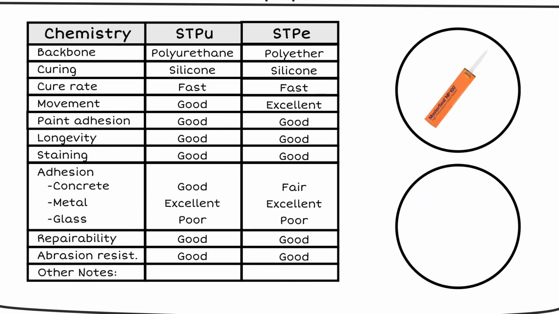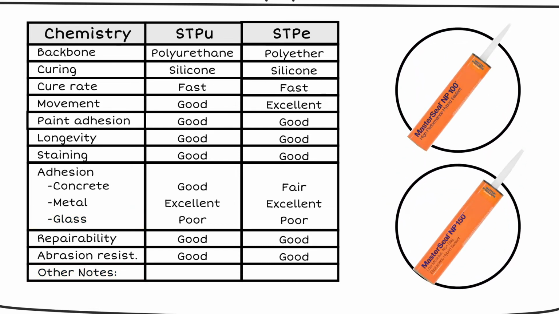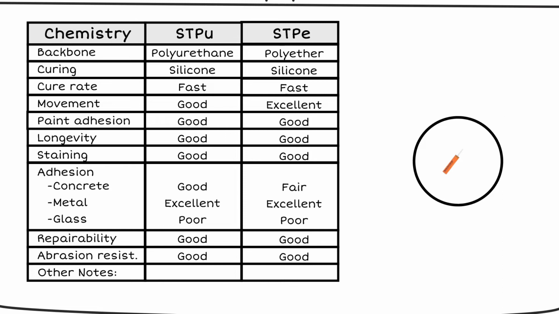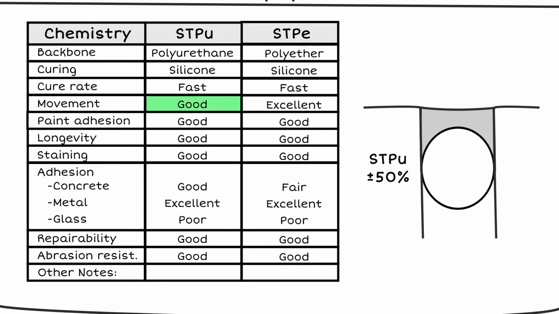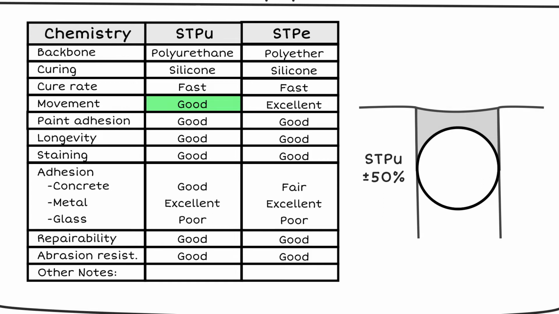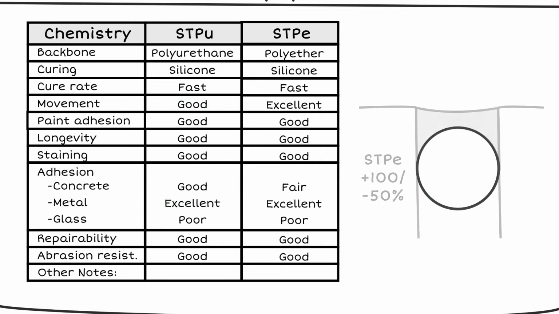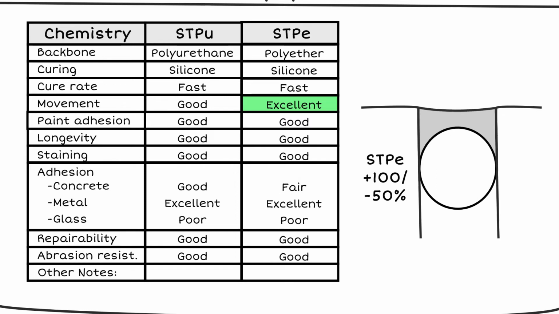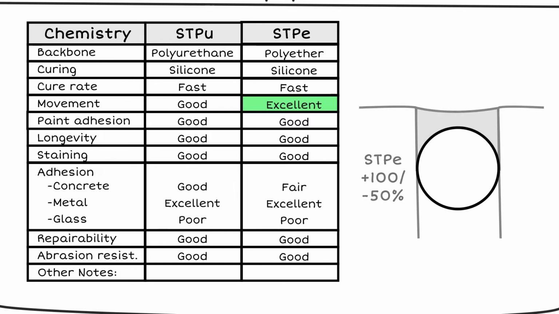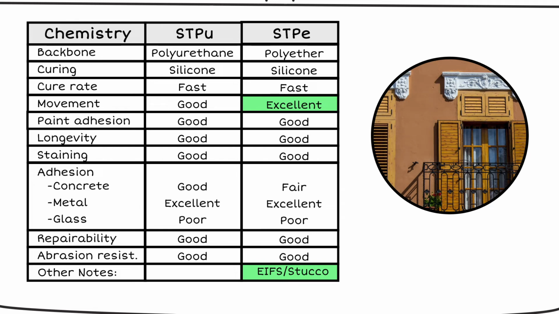While similar in most areas, there are some notable performance differences between STPU and STPE sealants. STPU sealants have an excellent movement capability of plus or minus 50%. Adhesion to concrete is good, but where they really outperform alternatives is in adhesion to metal, exhibiting a tenacious bond to Kynar. STPE sealants have a movement capability of up to plus 100 minus 50% in certain test scenarios. This makes them a good choice for applications such as EIFS and stucco, where stress on the bond line must